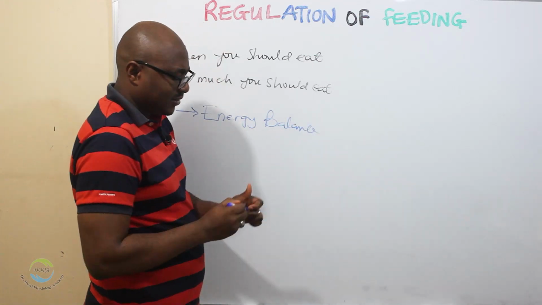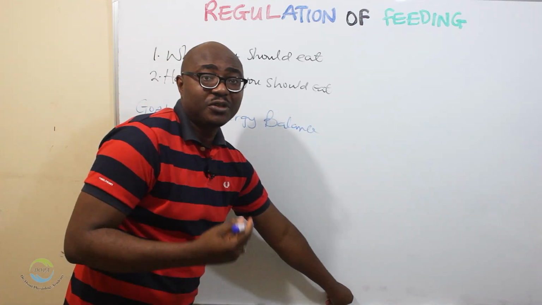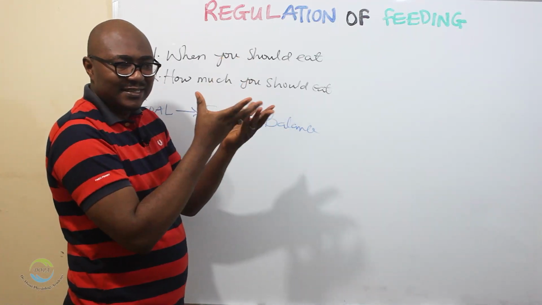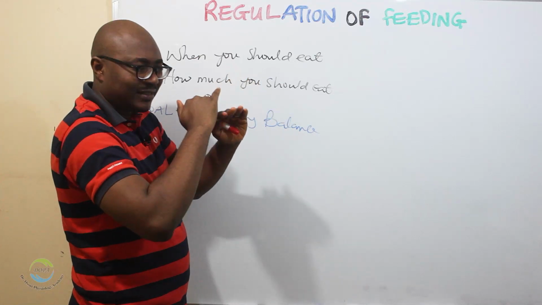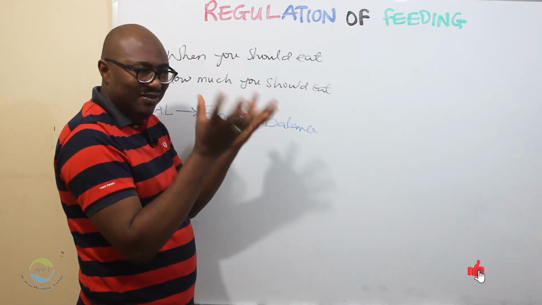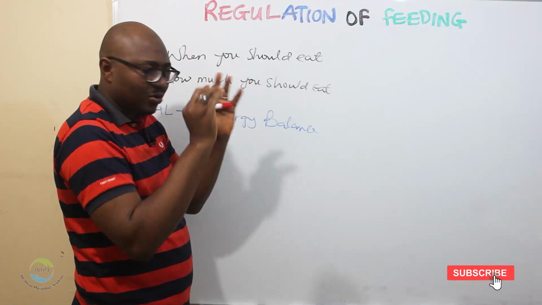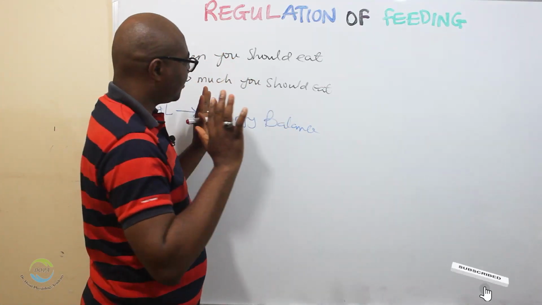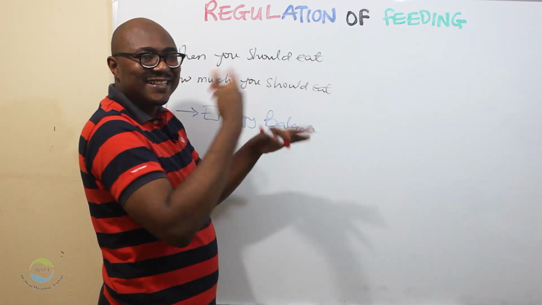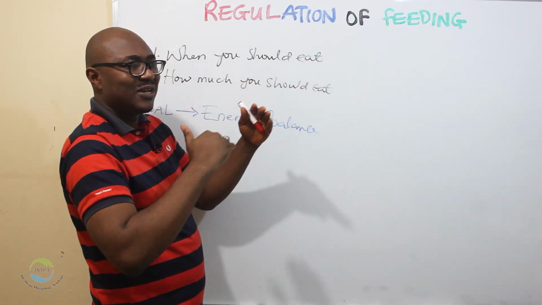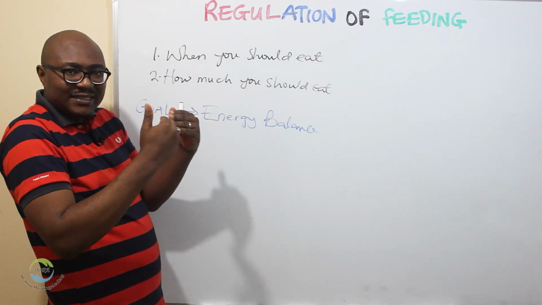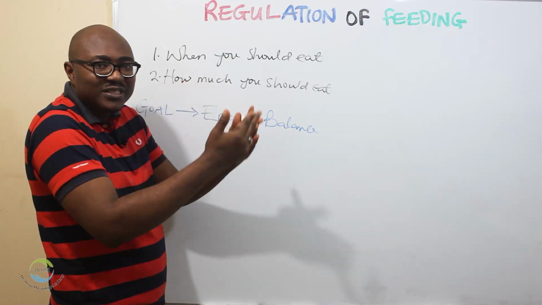Just think of it this way, similar to temperature regulation. Okay, the body has a certain temperature that is normal to help in the biochemical processes and reactions that happen. So there is heat gain processes, heat loss processes. So it tends to balance. When you are gaining so much heat, then it starts helping you lose heat through the heat loss process.